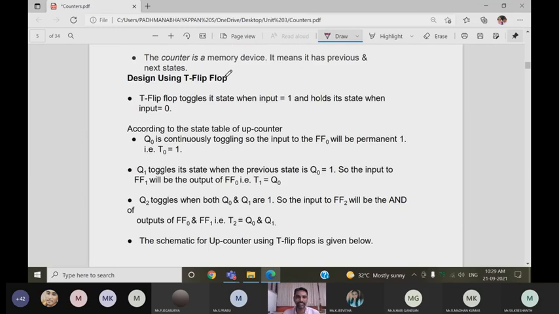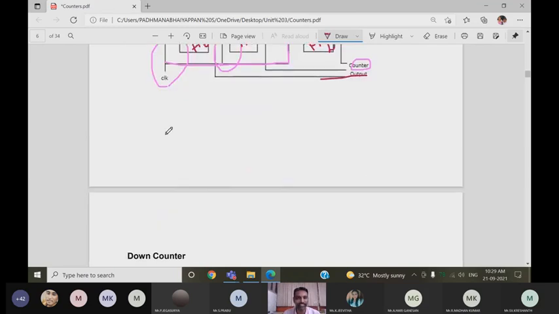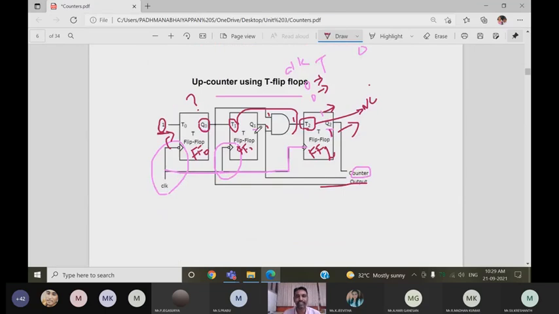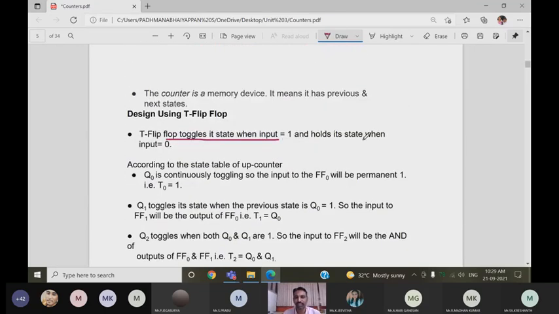It means it provides previous and next stages. So first of all, we can take that T flip flop in toggle state when I am applying that input is 1 here. Okay. So and holds in its state when input is 0. Okay. So according to that table, the up counter